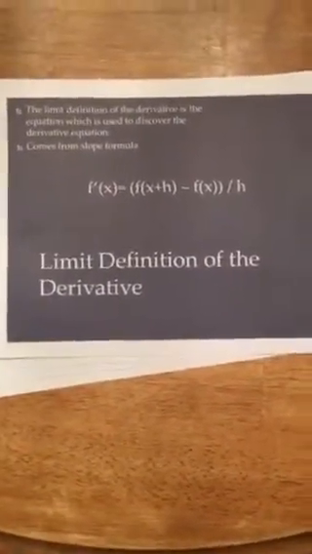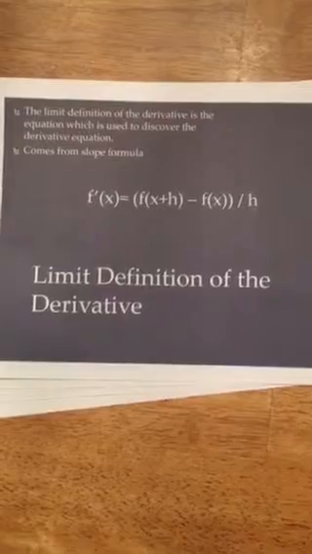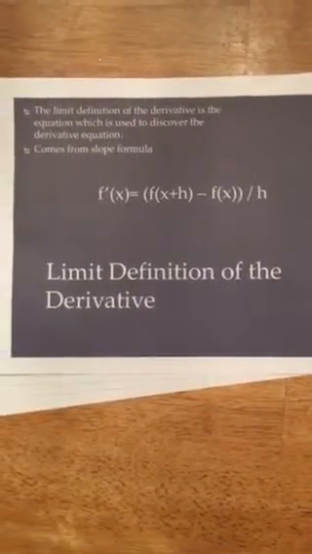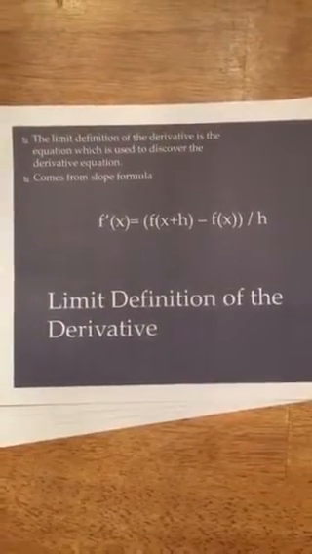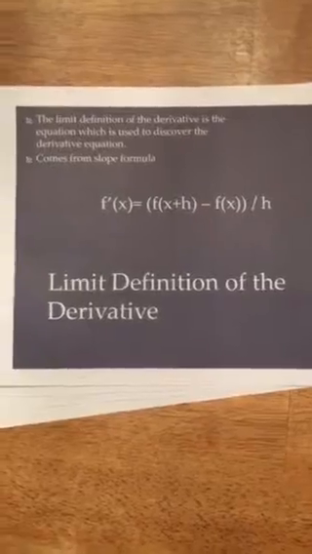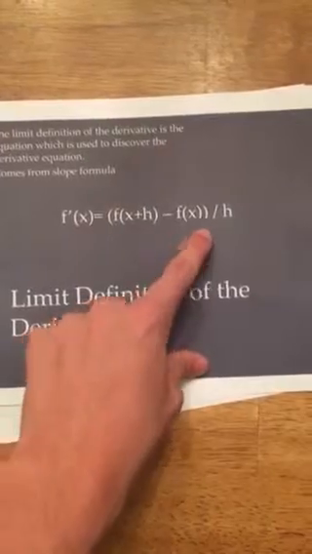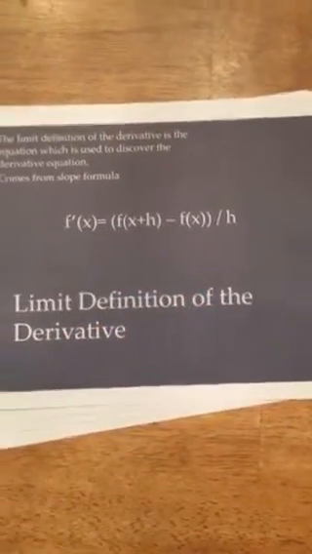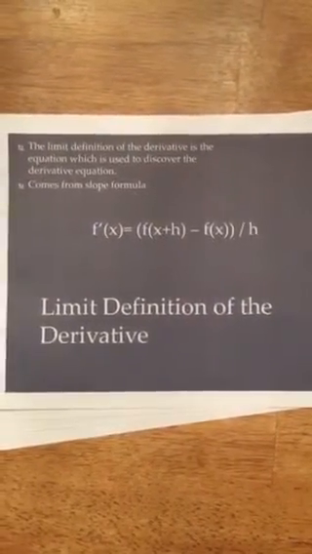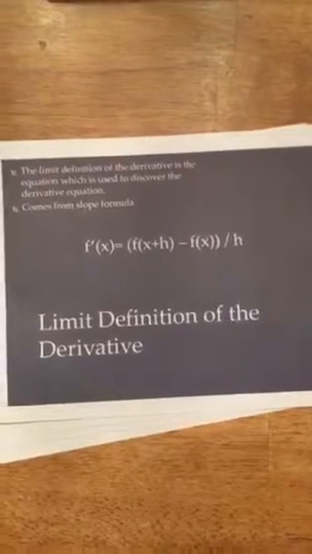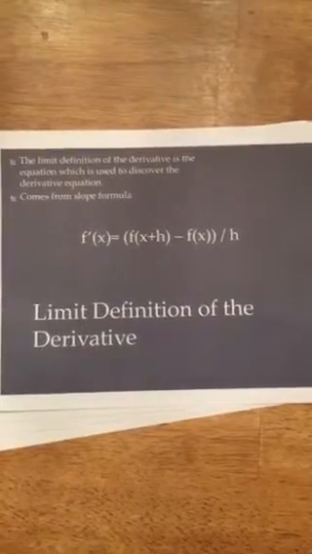So how do you find this? To find the derivative of an equation, you put your equation into the limit definition of the derivative, which is a formula that helps you find your second equation. It comes from the slope formula. As you can see, it has the same basic shape with your y2 minus y1 over the change in x. The biggest difference between this and the slope formula is that the slope formula is usually used for a linear equation. So it will give you a secant line if you use it on